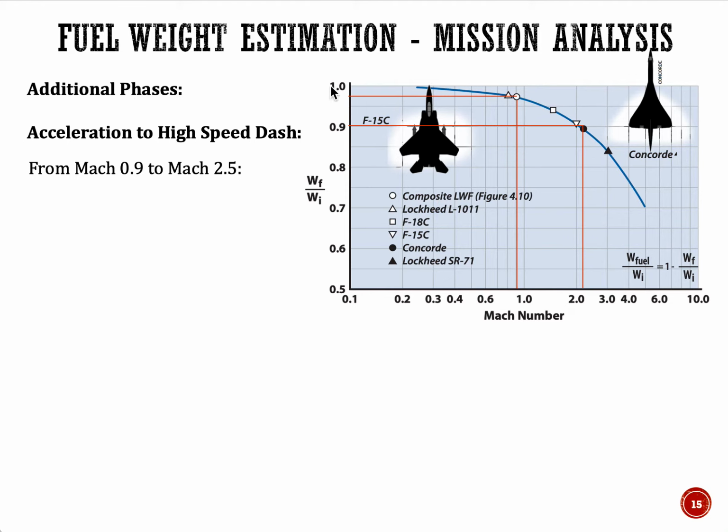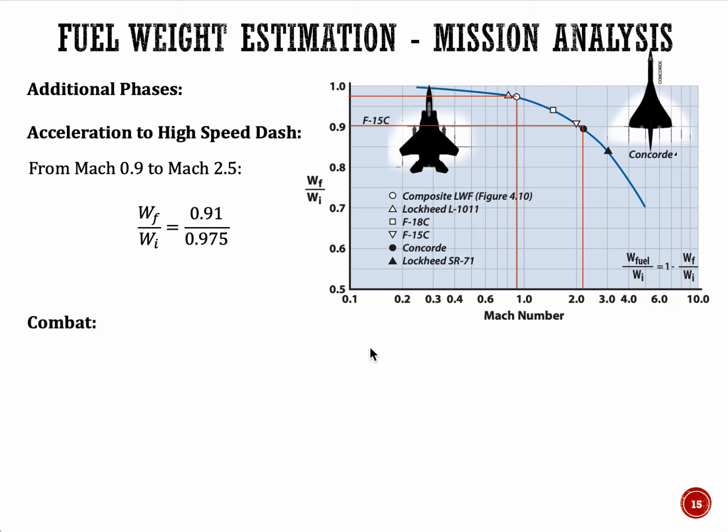So if you want to determine the fuel burn after and before this leg, you can estimate it by using this fraction, right? 0.91 divided by 0.975 will give you a fraction of fuel burn, a fraction of the reduction in weight, depending on the values that you get from this graph. Again, this is something that you may need in your requirements, in your mission, because you want to cruise faster, you want to do a high speed dash and get to your area faster. So this is something that you may need to do depending on what type of